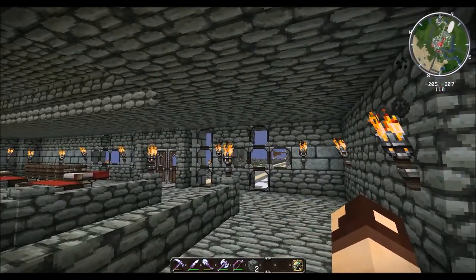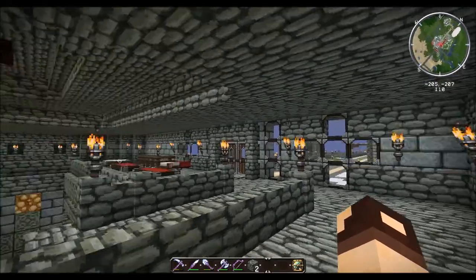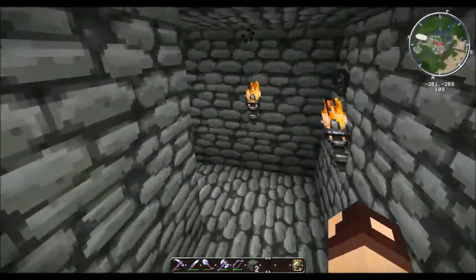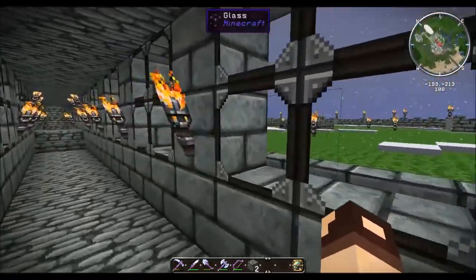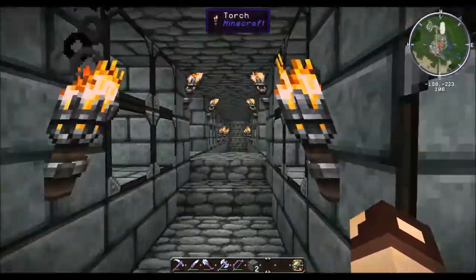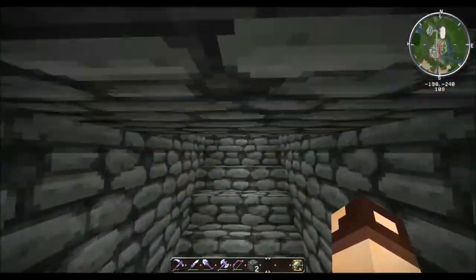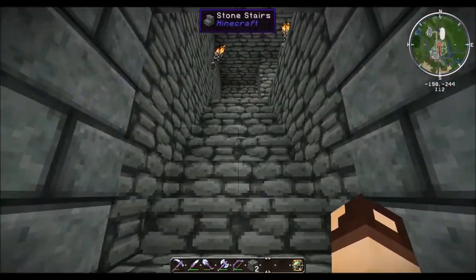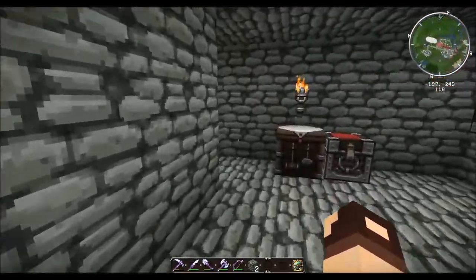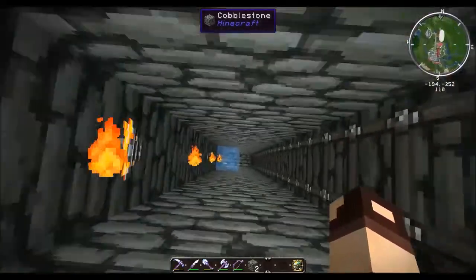That'll take us out to the back courtyard where my channel art, at least on Twitter and on Facebook, is from. Down here, you can see on either side. And let's fly up here. So this is one tower. And here's an elevator that gets you to the top. And this will take you down